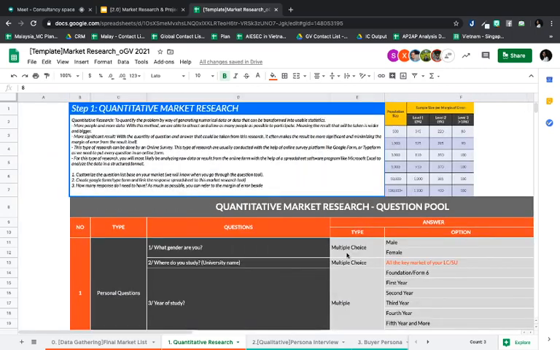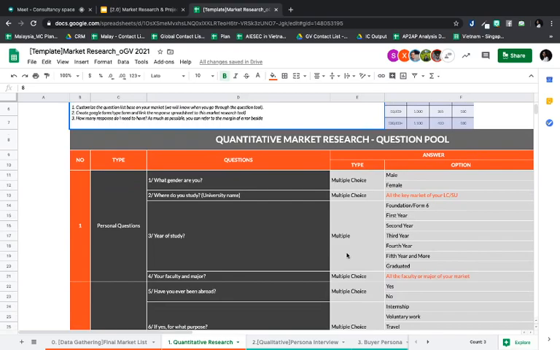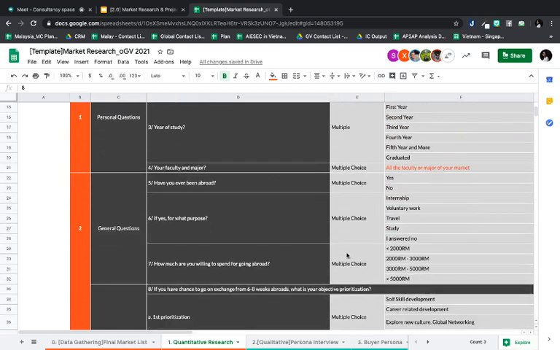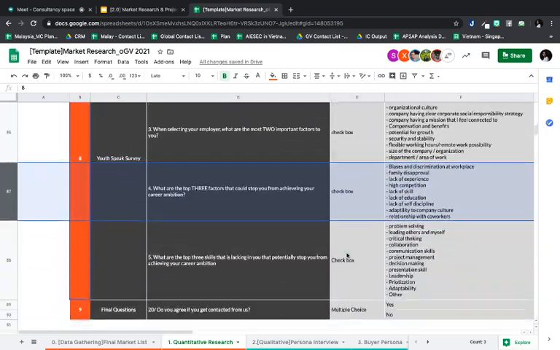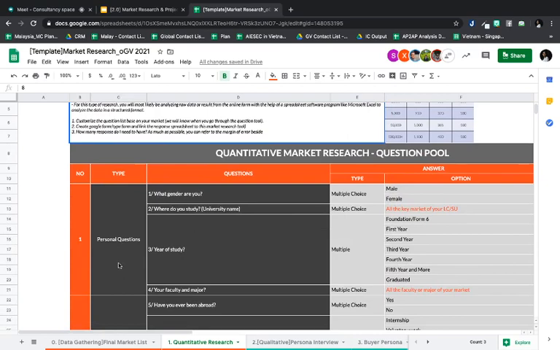I will brief you again regarding quantitative research. Here, basically I have 9 areas. The first is personal questions. First is your gender, multiple choice, which means they need to choose only one. Then, where do you study?